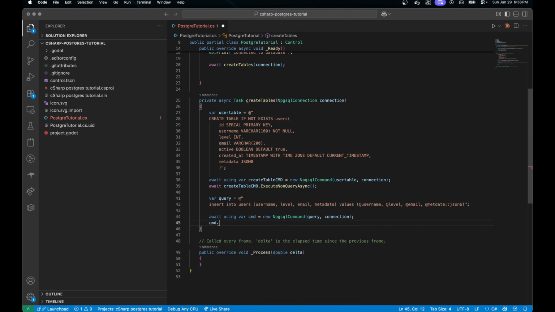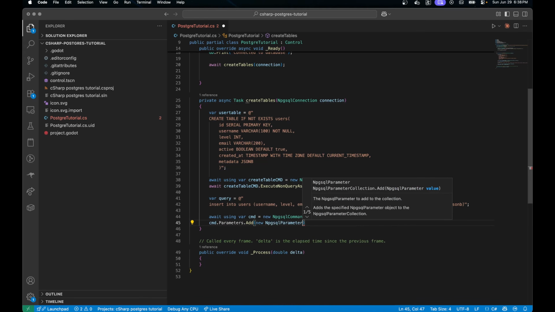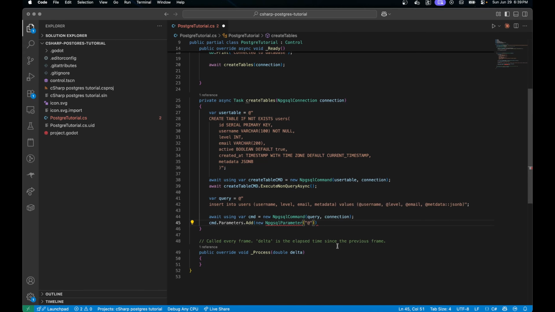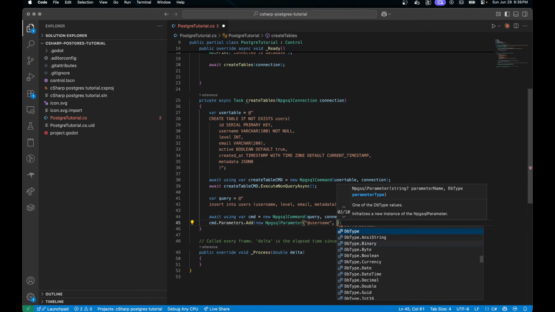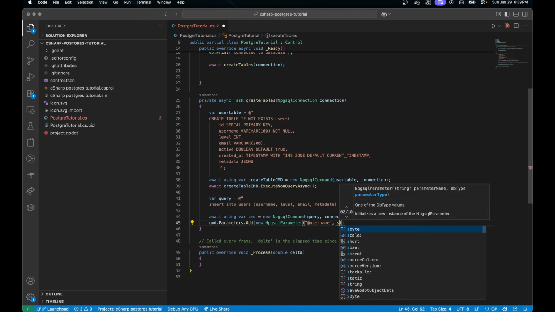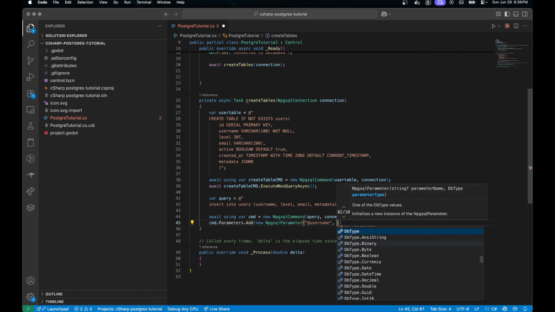And then we can come in here and add those parameters. So we'll come in here and say cmd.Parameters.Add. We'll add in a new NpgsqlParameter, quote, at, and then we'll put in our parameter. So in this case, it's going to be username, comma, and then we have to pass in a type. And that parameter type can be whatever we want it to be technically, but you can see they have a bunch of different types here. And in our case, we're going to want it to be a type string. So we'll do string,